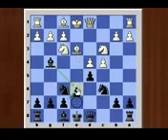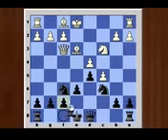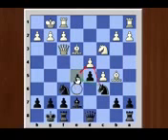e6 and c5. Bishop captures f3, queen captures f3, bishop e7, bishop b5, castling, and castling for white also, e5, d captures c5, knight captures c5,